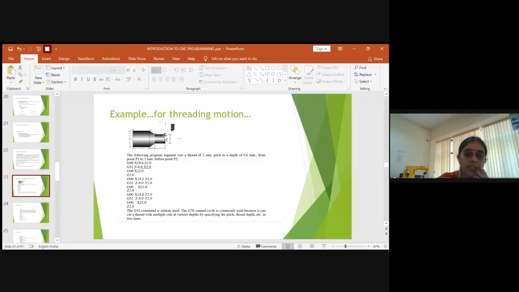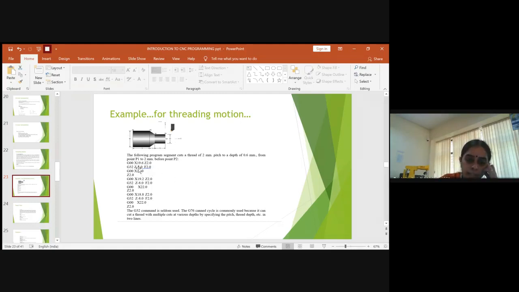So from here it starts moving parallel to the axis of the Z. So you will just provide the coordinate for the Z value. And now it is -8 here when you make the thread cutting operation, because it is moving towards your left. The Z value you have to feed towards your left, then only it is negative. If it is feeding towards your right, then it becomes positive. So you should be careful to give the dimension.